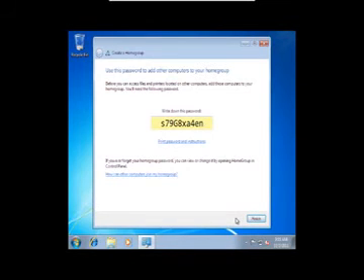Okay, this is an important page that you need to take note of, and you need to write this number down. If we're going to add other computers to our home group, we will need this password to add it to the group. So it's something, whenever you're creating a home group, you need to write the passwords down. We're going to click finish,